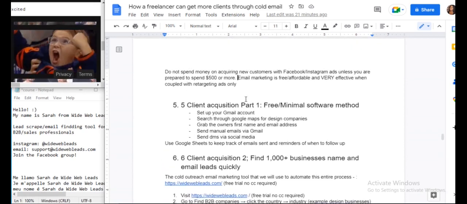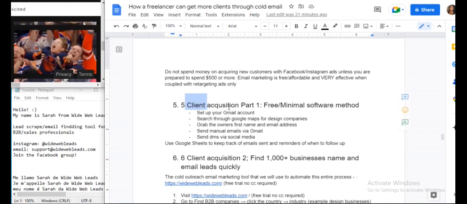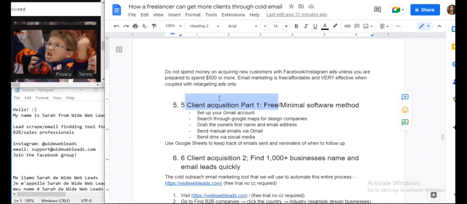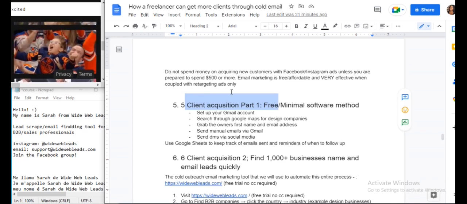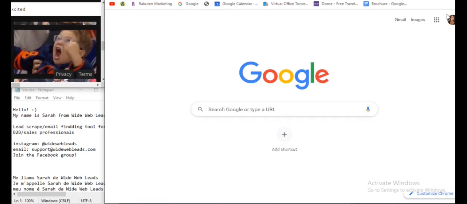So here's how we're going to find our clients. Okay, so part one of the client acquisition process will be the free method. So we are going to have our Google account set up. Let's say you've never been on Google before.